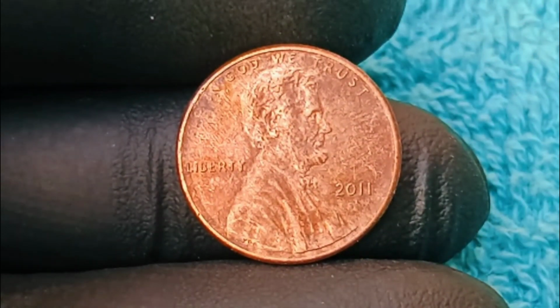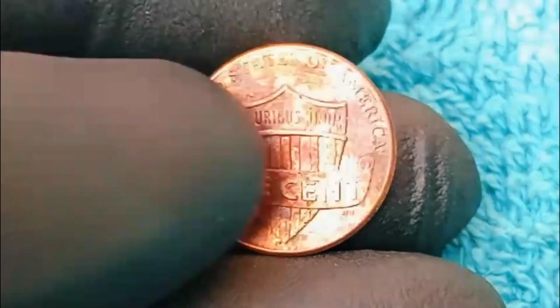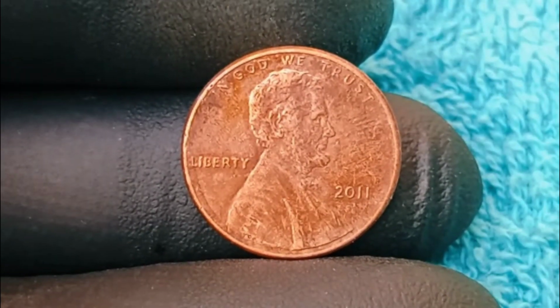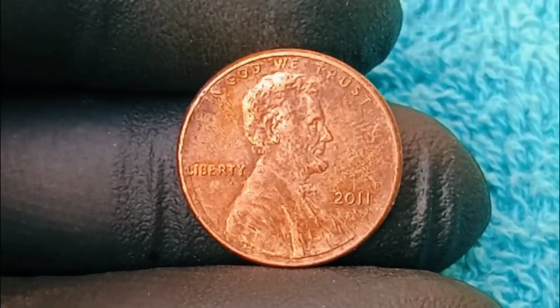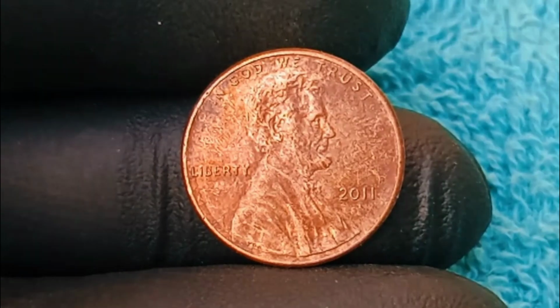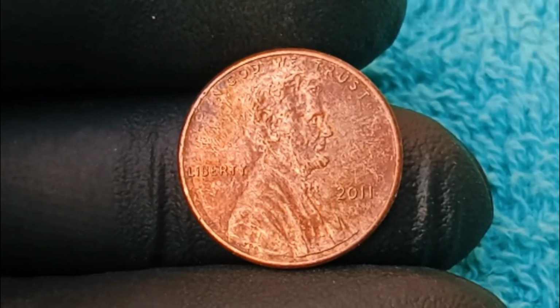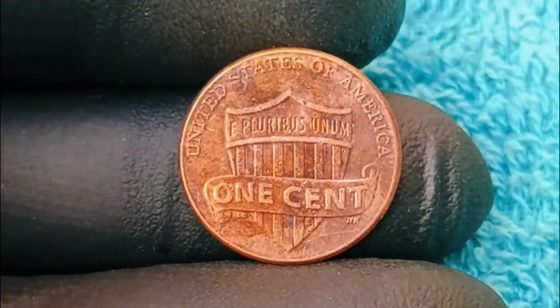And while no official auction record exists because the coin is believed to be held in a private collection, rumors of offers exceeding $30 million have circulated for years, with wealthy collectors and museums vying for the chance to own this one-of-a-kind piece of minting history. And what makes it even more fascinating is that it's a product of the modern era, proving that even with all the technology and quality control the US Mint uses today, perfection is never absolute, and sometimes those rare imperfections